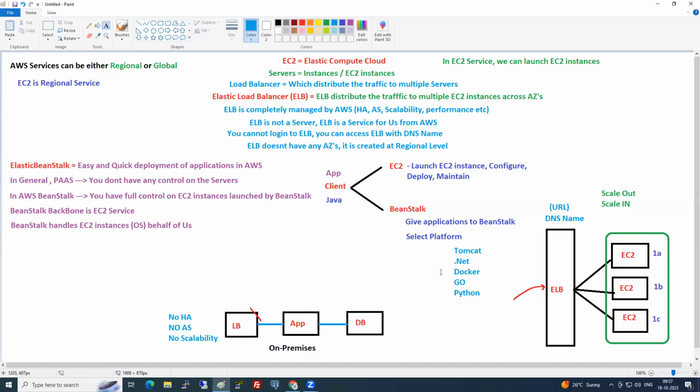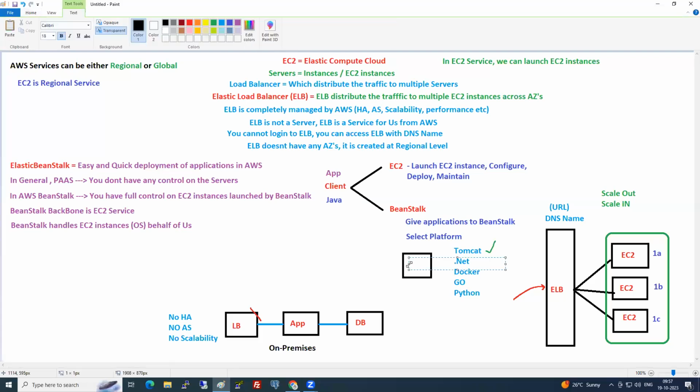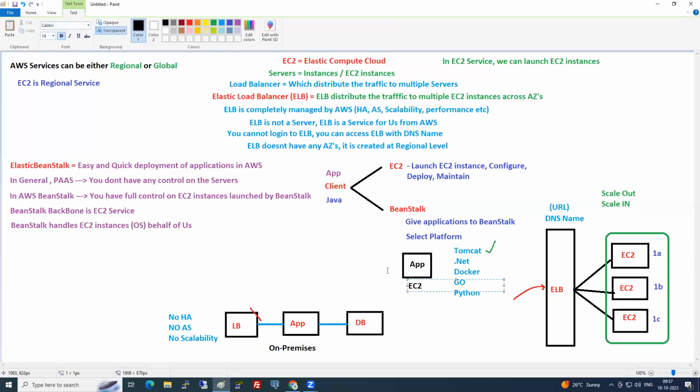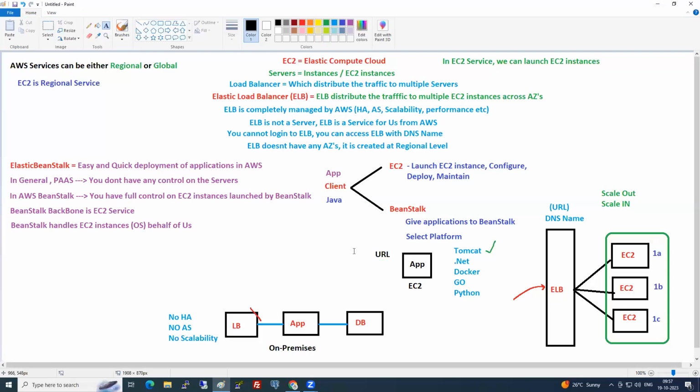When you select Tomcat, it will go and launch an EC2 instance automatically. Who will launch it? Beanstalk. Beanstalk will launch it, automatically put the application inside it, and give you the URL directly. That's it.